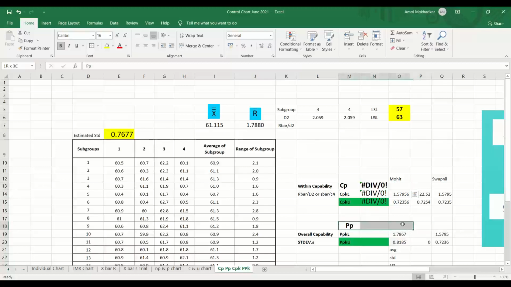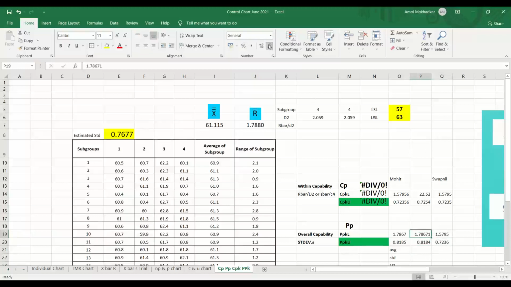What about PP? PPKU is 0.8184. CPK is 0.8184. And PPKL is 1.7867, sir.